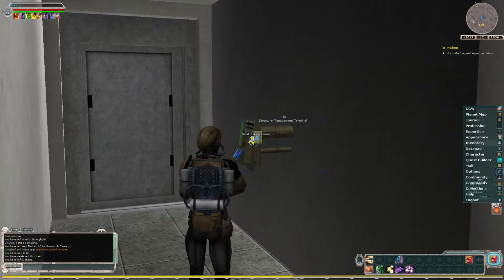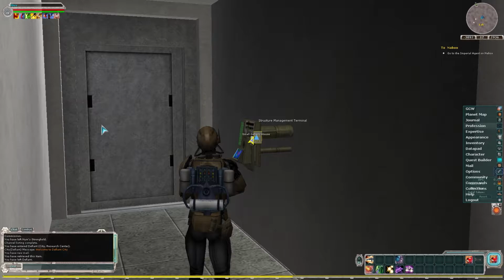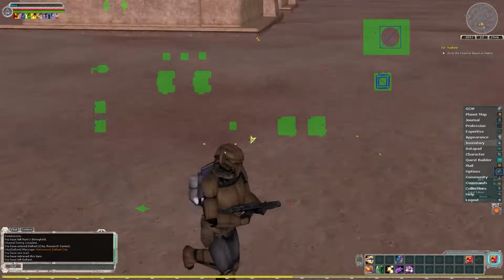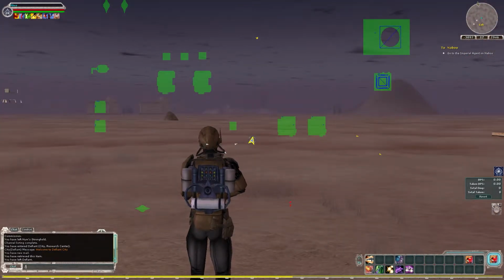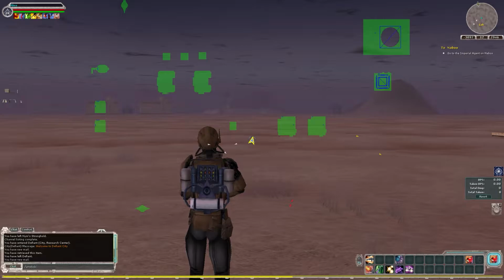Here it is. So you hit the tilde key on the terminal. You get structure management. I want to pack up this building. Yes, I want to pack up this building. Sometimes you'll get stuck floating in the air when you pack up a house for a minute. You can either wait, eventually you will probably hit the ground, or hit slash on stick,